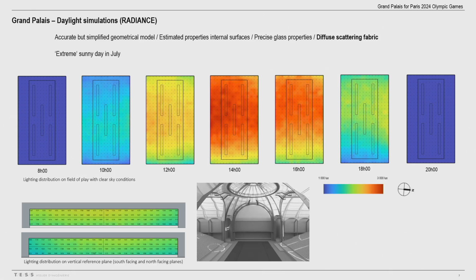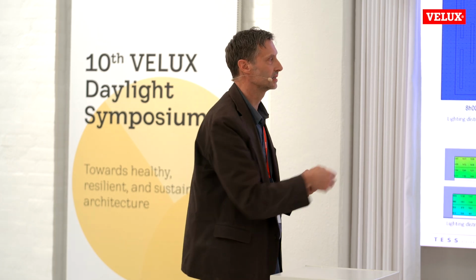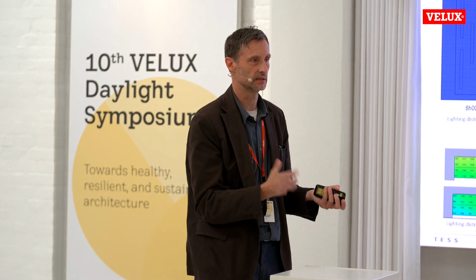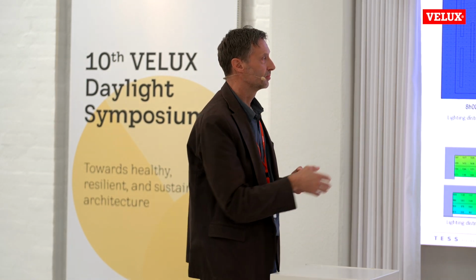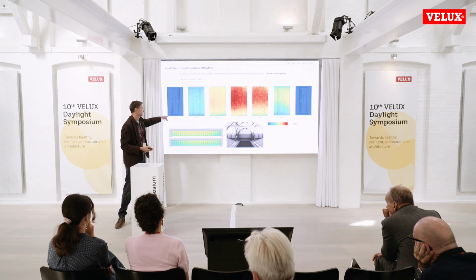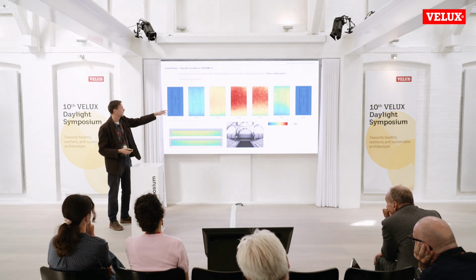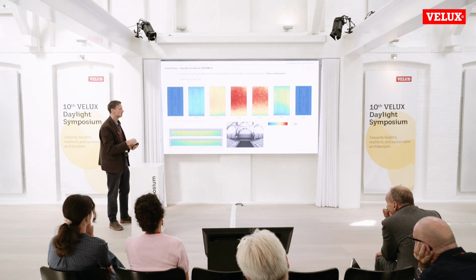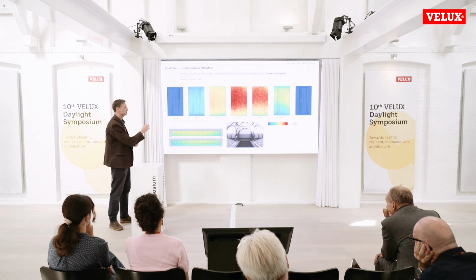recommendations. For this, we used a kind of accurate geometrical model, so that was the correct geometry of the building, but with simplified elements. For example, all the glazing is made of different elements that overlap each other, so we simplified the glazing, we simplified a lot of things there to make it manageable. So the purpose was there, and then we could show that, for example, on the extended field of play, for an extreme sunny day in July, you never exceed 3000 lux at any point of